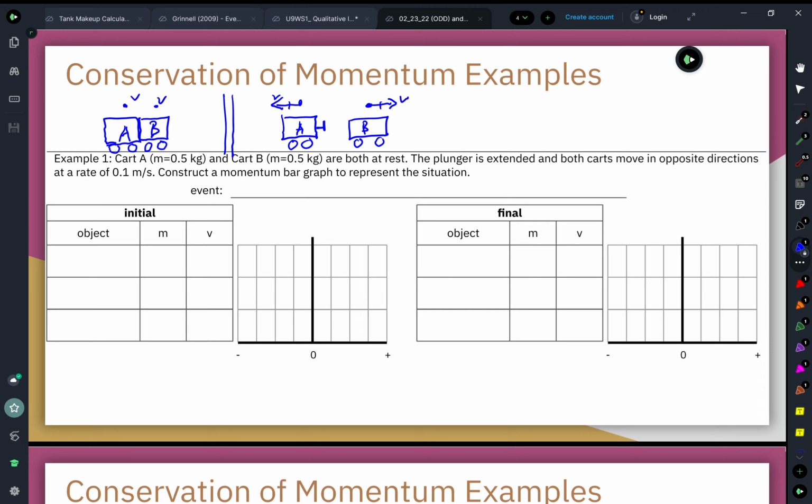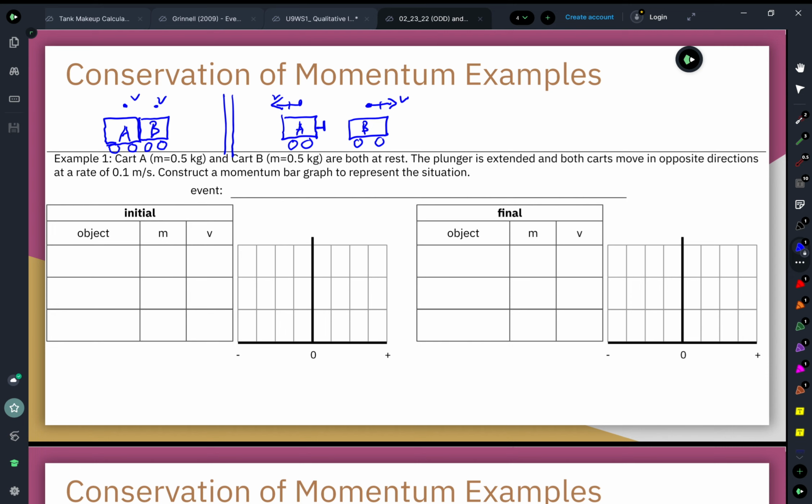When we're talking about conservation of momentum, one easy way to do so is to use momentum bar charts. In the same way that we use energy bar charts in order to show that energy can be conserved inside of a system, we can do the same thing with our momentum. Now, there are 4 steps that I recommend we follow when we're going to be solving conservation of momentum problems